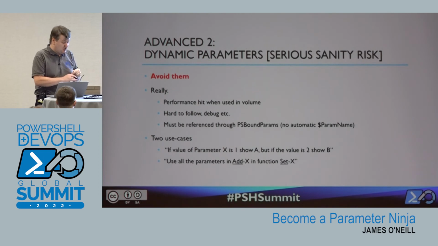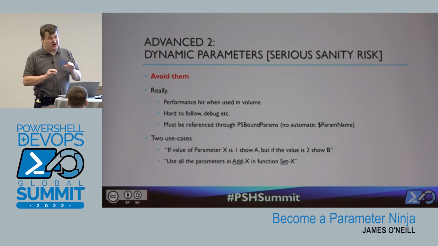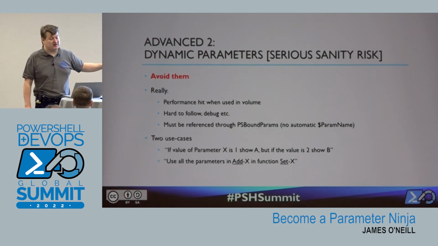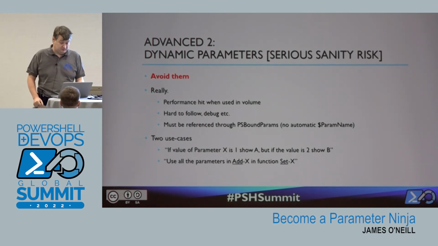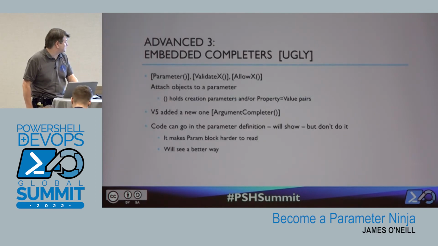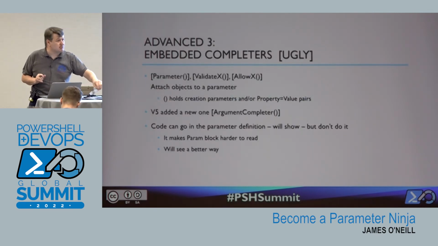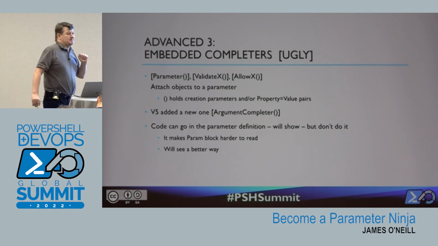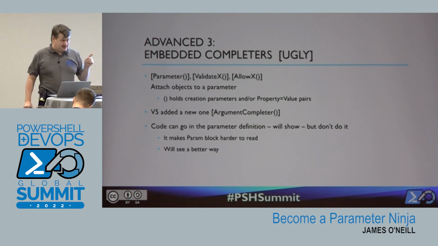The two use cases I've got for them, one is where you say, I have this function which is going to call all the same parameters as this other function. I just want to copy them. And the second is, if the value of one parameter changes the values available for another parameter, then dynamic parameters will do that for you. But I'm going to skip the demo of that one. I've got one other one also. I've had a parameter where if I was running the command on a Linux machine running PowerShell, I knew a certain function wouldn't work. So I want to drop that option off my command. Yes.